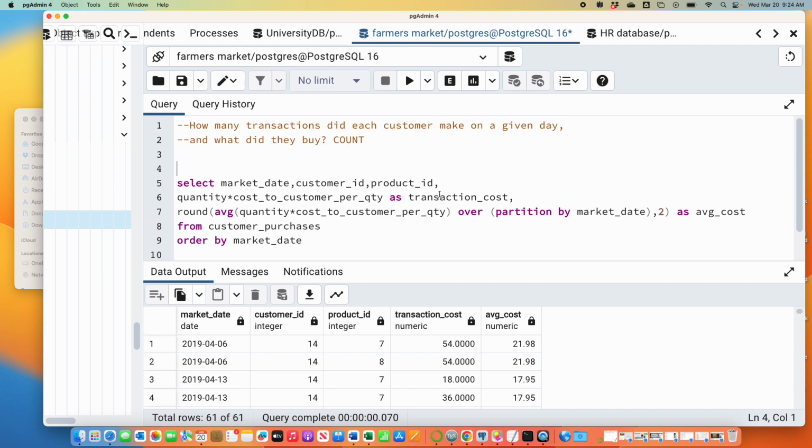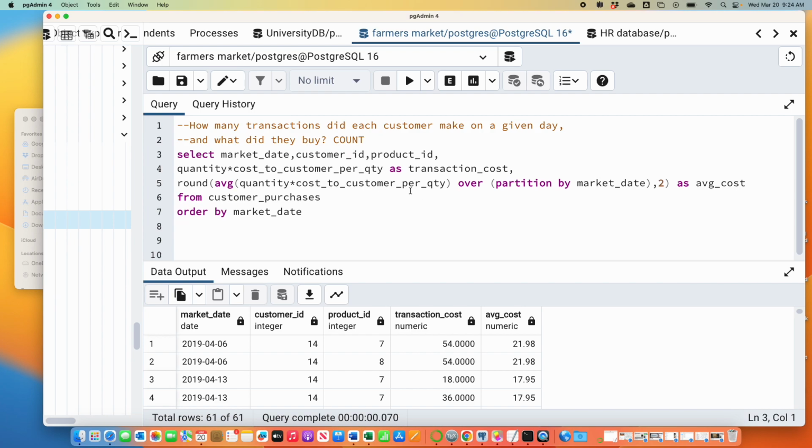So let me ask you just what you think about that. To answer this question, we already have a query in place. What kinds of things do you think we need to modify? Round, replace the average with count. Okay. Product ID or something. Yeah, so we're definitely going to count something. Let's come back to that in a second. But do you agree with John? We're going to count instead of average. And we probably don't need that anymore. Okay, we'll come back to the count in a second. And since we're not rounding, I can get rid of all this as well.